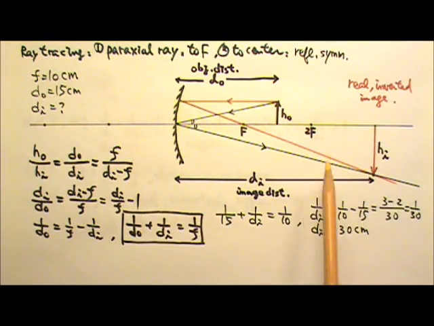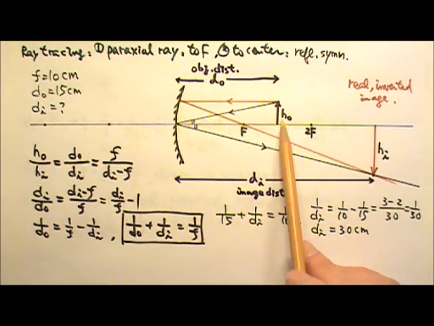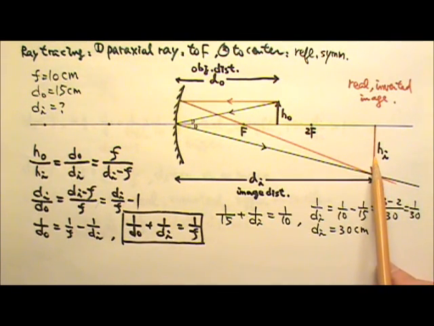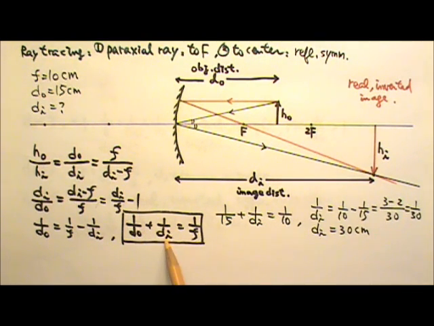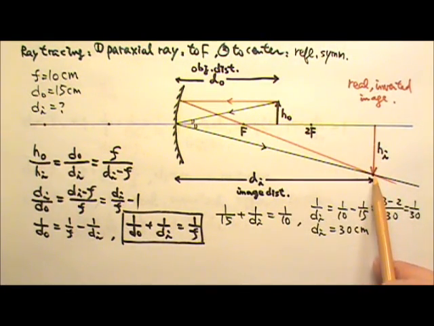And if we look at this ray tracing diagram we did in lesson 13, we can see that we have similar triangles, which means if the image is formed closer to the mirror, the image will be smaller. And when both dO and dI are positive, we can actually switch these two numbers and everything will still work, which means if this is my object and the image is formed over here, that means I can switch over